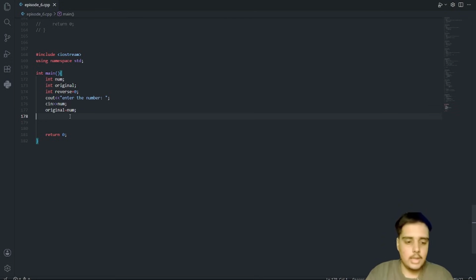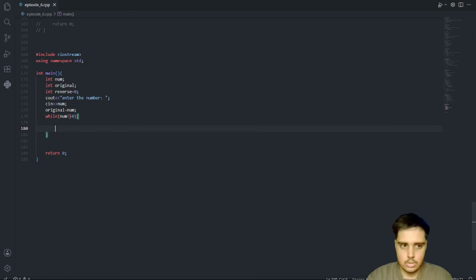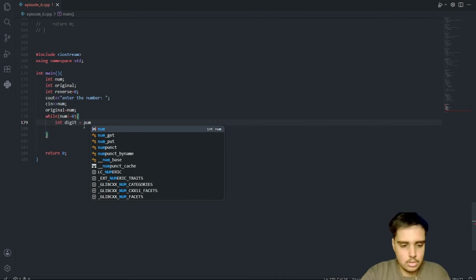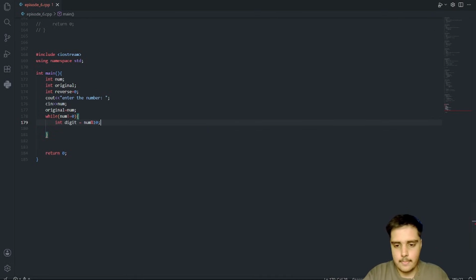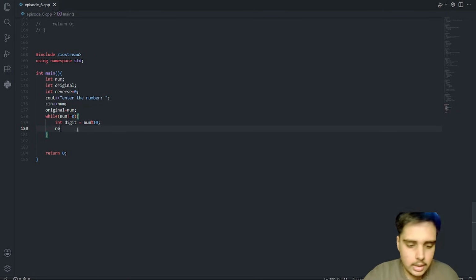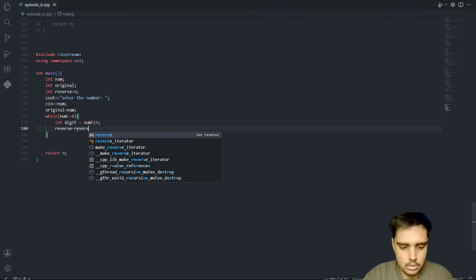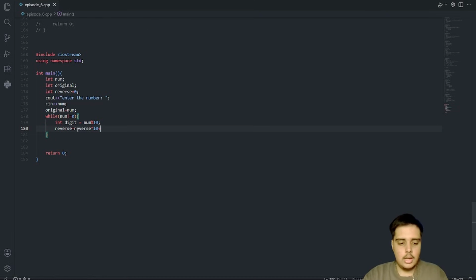Now we will take a while loop: while num is not equal to 0, I will say int digit is num modulo 10, and reverse is equal to reverse into 10, and I will add digit here.